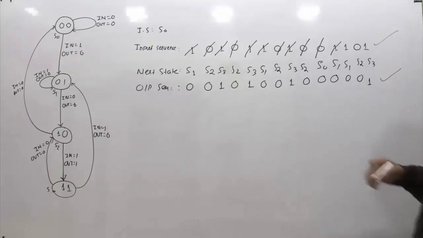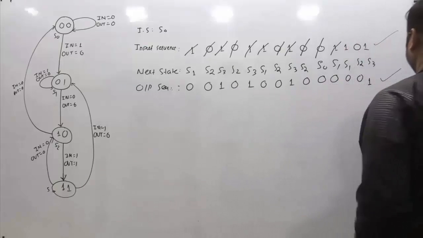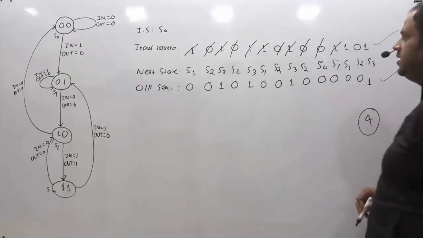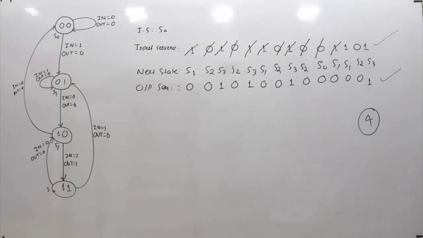They are asking how many times the output will be 1. So you can see 1, 2, 3 and 4. So total 4 times output is equal to 1 if this is the input sequence, by referring to the state diagram. So this was a very straightforward question. Only thing is the diagram looks complicated, but if you explain this to a kid also, he or she can easily do this, isn't it? You just have to refer to the arrows and see where it is reaching.